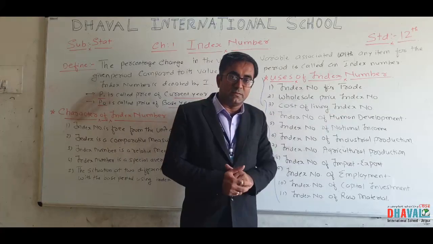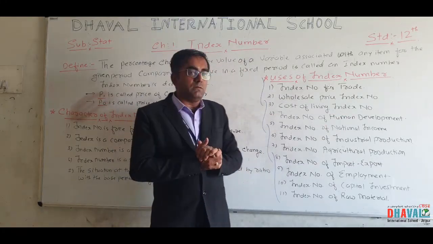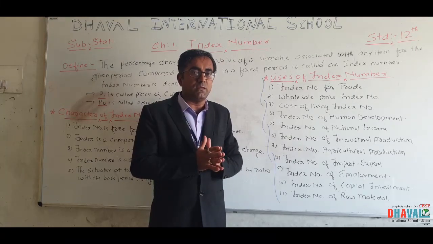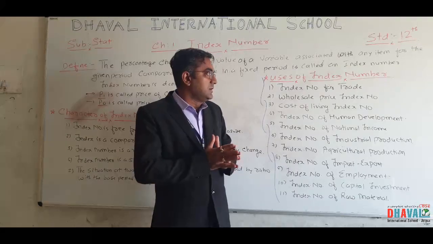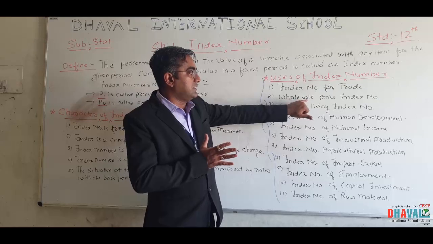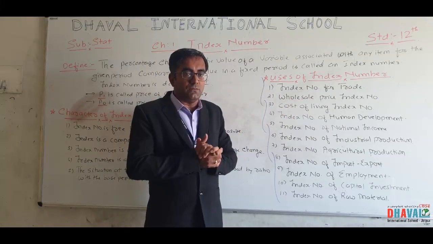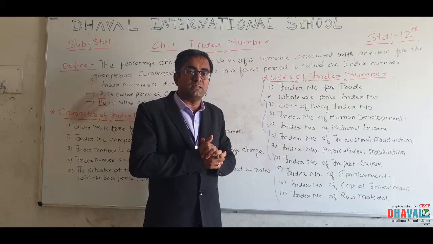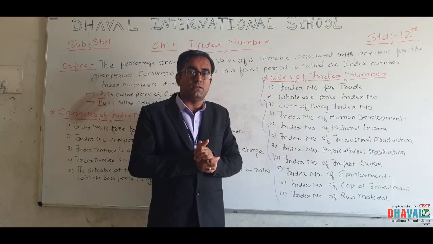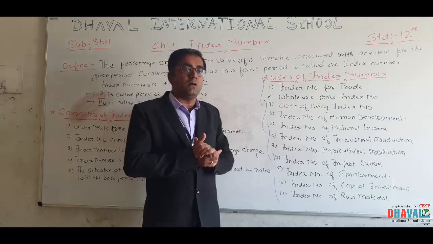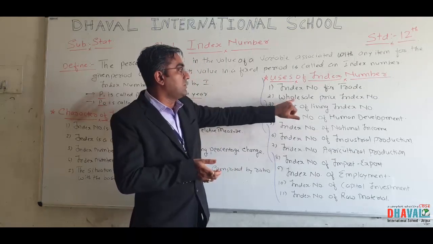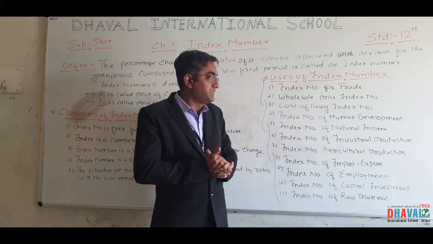Wholesale price index number. Index number is very useful for all types of government, semi-government, businessmen, and producers to decide what to do in the country, because the wholesale price index shows the real picture of the country. With this, government decides different policies, businessmen decide which type of business should be done, and producers can decide how much production should be done at what level. All these things are decided by the wholesale price index number.